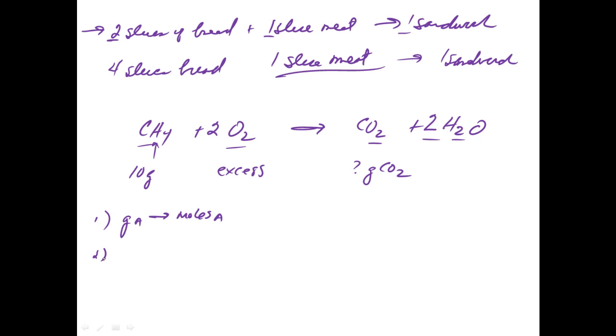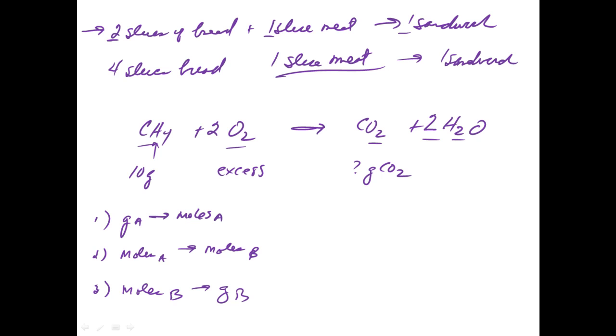Step number 2, the most crucial step, and mostly the most missed step, is where we convert from moles of what we have, in this case methane, to moles of what we're trying to find out how much will be formed or how much we need, which is carbon dioxide, which I'll just call moles of B here. And then step number 3 is where we convert from moles of carbon dioxide to grams of carbon dioxide if it is asked for. In this particular problem, it is. So those are the 3 steps to do